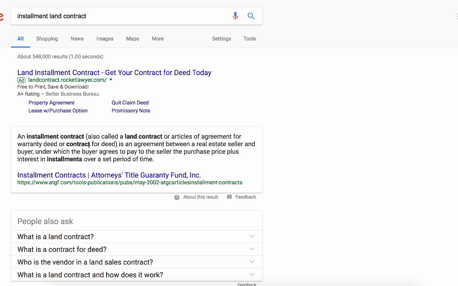Whenever I see the word installment in one of the questions, I go with the word defer. Is it defer? No, well here, this says it really well. See the part I'm highlighting there? The buyer agrees to pay the seller the purchase price plus interest in installments over a period of time. Basically, the seller becomes the lender.